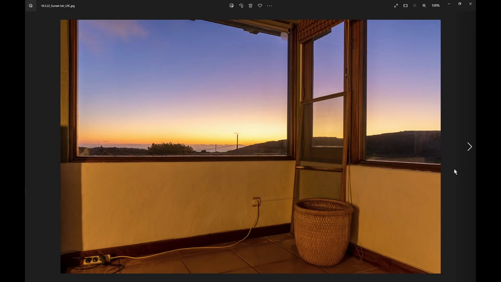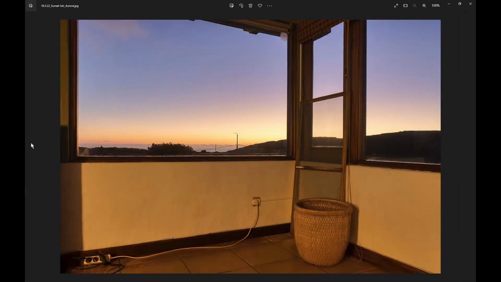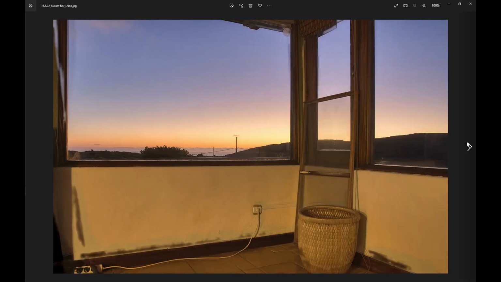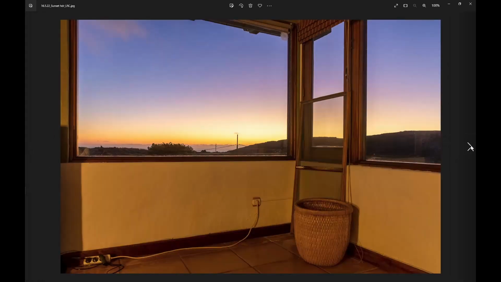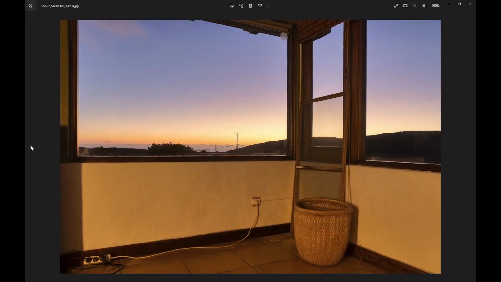So anyway, here are the results. This is the Lightroom Classic HDR conversion. This is the Aurora HDR conversion. And this is the Luminar Neo conversion. The first thing to say is that the Luminar Neo result has a slightly different angle of view. It's slightly more closed in. If you look at the top of the window, you can see further out in the Lightroom Classic and the